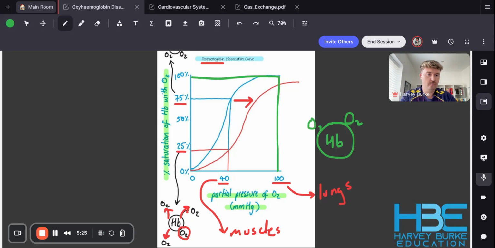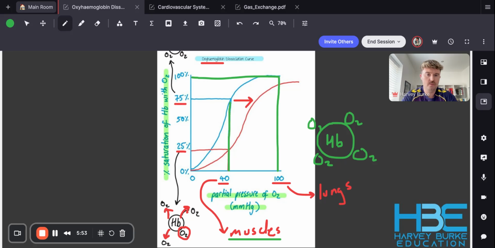It'll have all 4 oxygen molecules bound to it. And that's just because at the lungs, there's loads of oxygen available. So that oxygen is just going to come and bind with hemoglobin. So there's loads of association going on at the lungs between oxygen and hemoglobin, loads of oxygen and hemoglobin binding together. Whereas if we go to somewhere like the muscles, where there isn't as much oxygen available, and we work